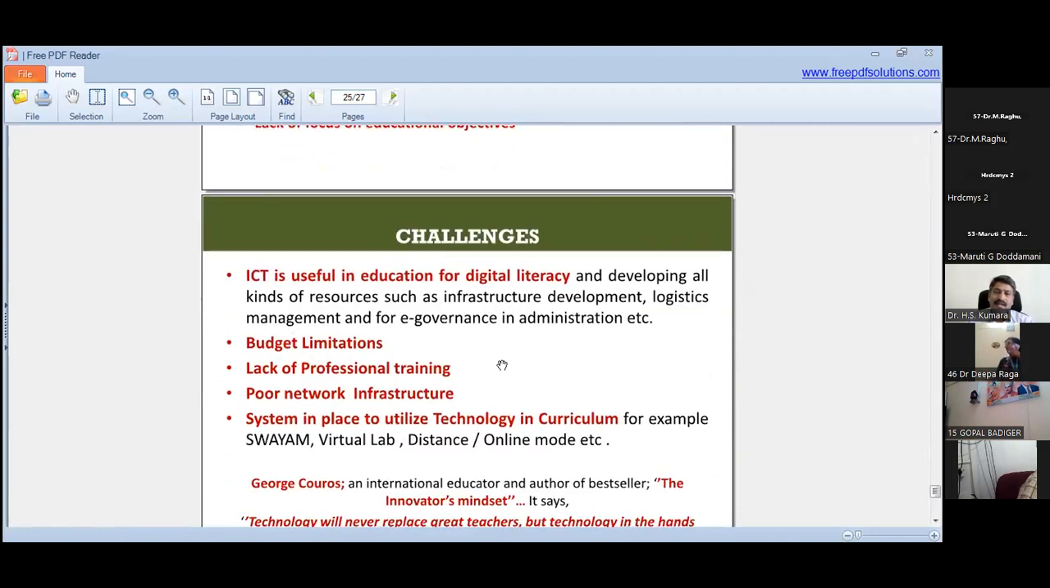Then, ICT is useful in education for digital literacy. Again there are a lot of challenges, because for digital literacy we are developing all kinds of resources such as infrastructure development, logistics management, e-governance, administration, so many things. But bringing all these together is also an additional advantage. I think in your universities or colleges, when going for NAAC accreditation, they will ask